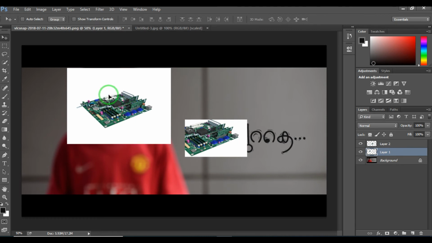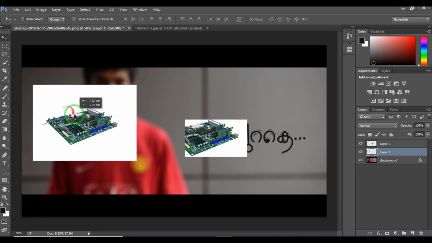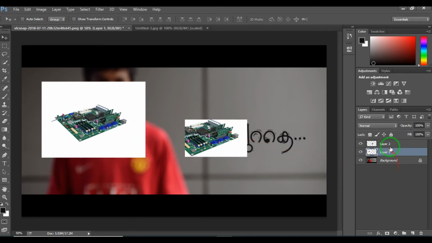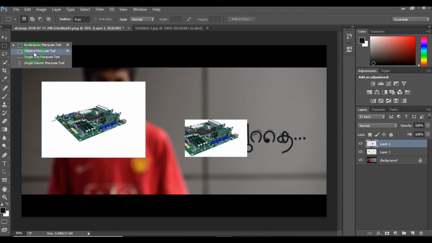So now I will be able to move layer number 1 with the move tool. Likewise, if you want to make any changes on a layer, you need to select that layer initially from the layer panel.